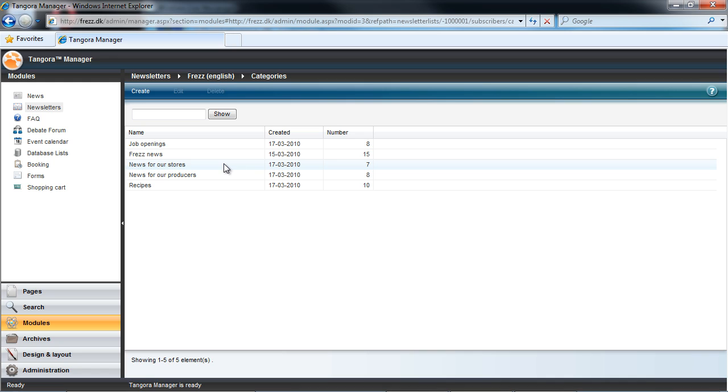And I came here because I wanted to just mention that when a visitor visits your website and subscribes to a newsletter, they'll always be linked to one or more of these categories that you create. They could either be an implicit or an explicit choice, but one way or the other, the guest is saying, I'm interested in this aspect or in these aspects of your organization when they subscribe.